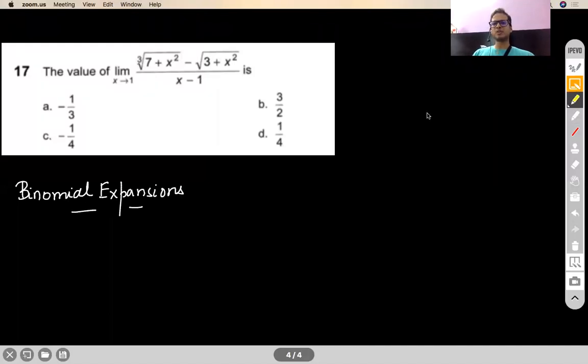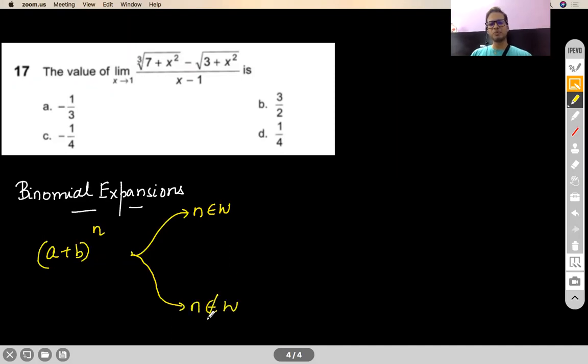Binomial expansion basically helps you to evaluate the expression a plus b, which is actually a binomial term. Two terms means binomial term, then trinomial. These are basically the names given to the terms. If there are more than two, it becomes a polynomial term also. So (a plus b) to the power n expansion is basically given by binomial expansion. Now there are two cases here: when n is a whole number, and the second case is when n is not a whole number. So I will take both the cases.